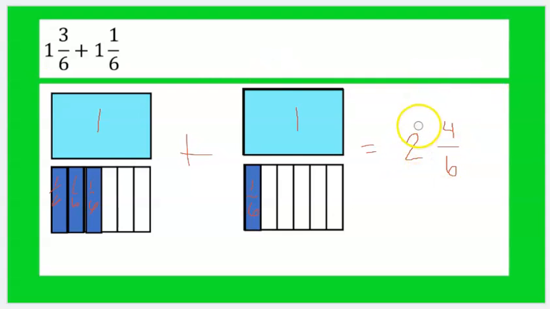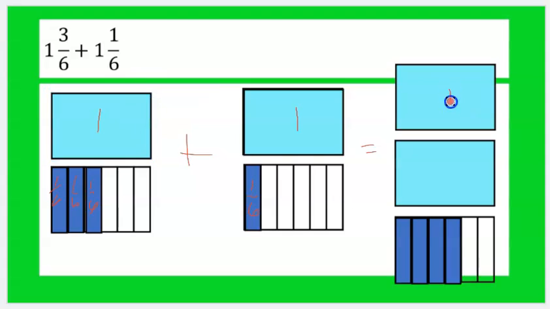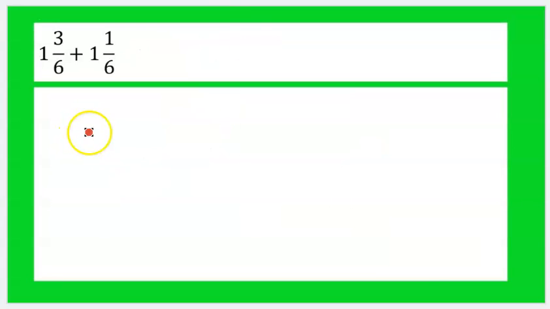So if we wanted to show this with our pictures, now I would have 1, 2, then 1, 2, 3, 4. So my answer would become 2 and 4/6. So once again, I just want to show you how to add these without the fraction model or the